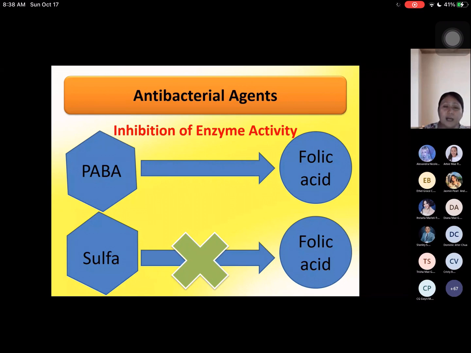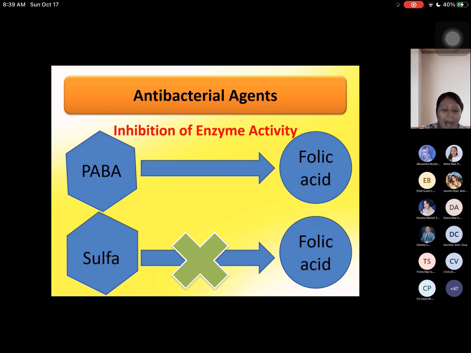Since sulfa drugs are similar in shape to PABA, para-amino benzoic acid, the bacteria are confused and use sulfa to synthesize folic acid. In reality, however, the sulfa cannot be used to produce folic acid, and without folic acid, the bacteria will